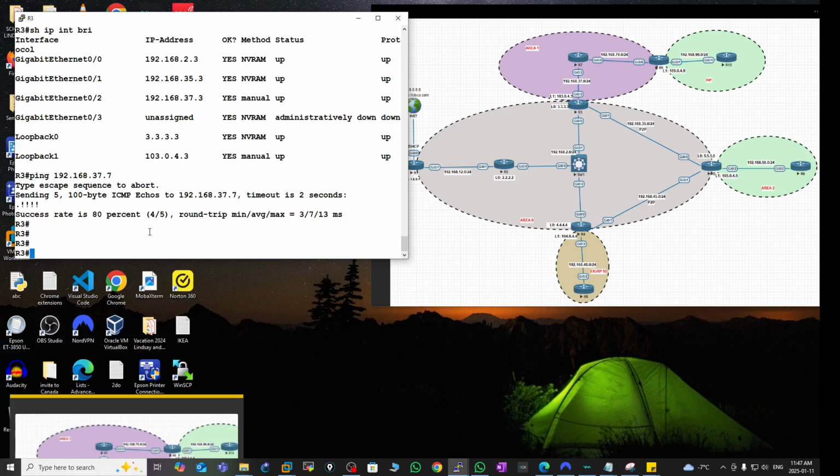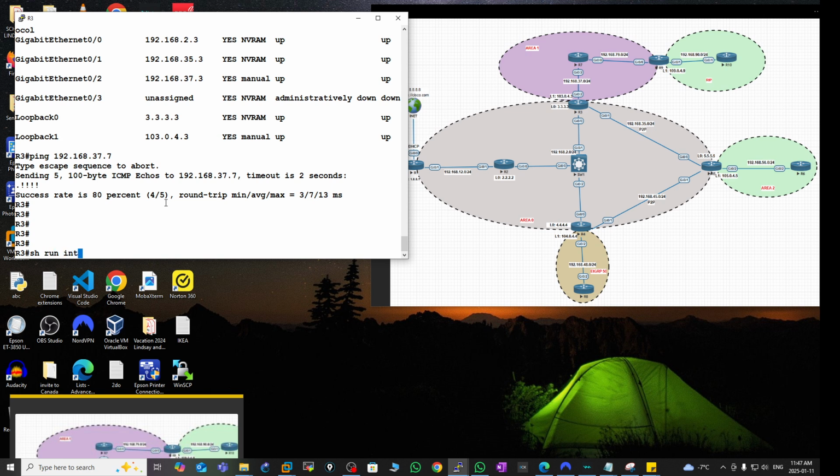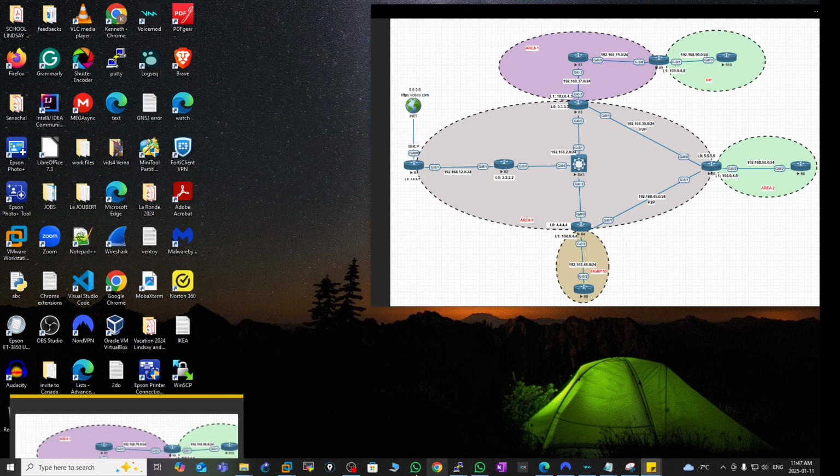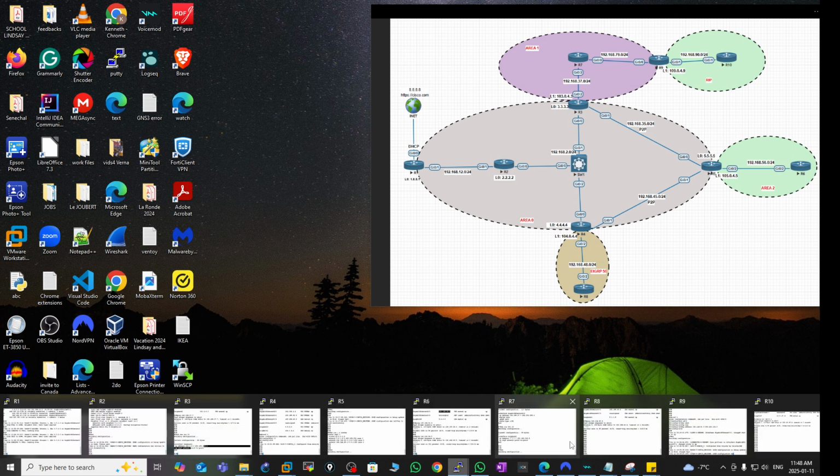Okay, so before we even go there, let's do show run interface loopback 1. I said before, the loopback interfaces that participate in OSPF, make sure that they are all point-to-point networks. So that goes for this new loopback here and the loopback that is set up here. We're going to check that one. So let's go to R7 and check that the connectivity is there, at least to R9. It's directly connected. So I'll go to R7